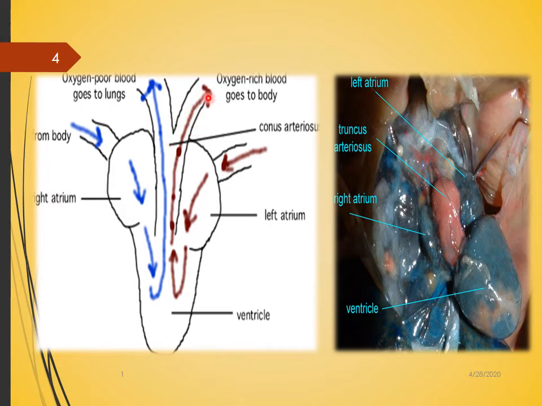Here there is a mechanism. Here we can see this is the right atrium. Blood collects in the right atrium, then it is carried towards the ventricle. This is the ventricle. From below we can see blood moves towards the lungs for exchange of gases, then it moves through the pulmonary artery and pulmonary vein. From the pulmonary vein blood moves towards the atrium, then to the ventricle, then from the ventricle to different body parts. This is the figure of the heart. You can say it is circular.